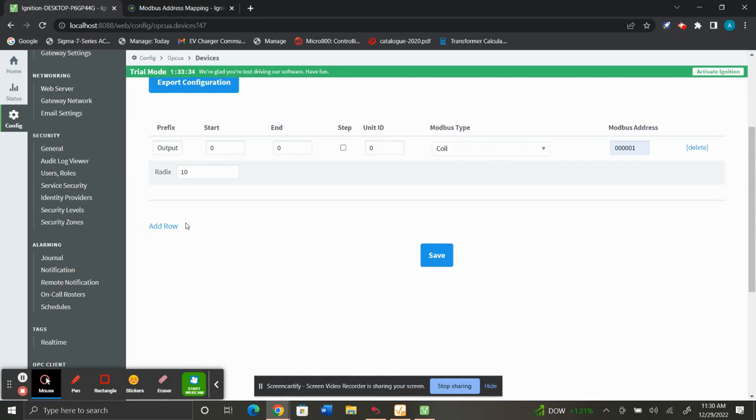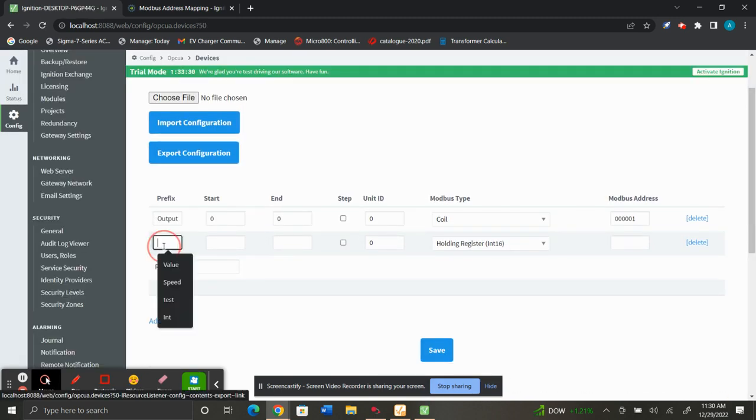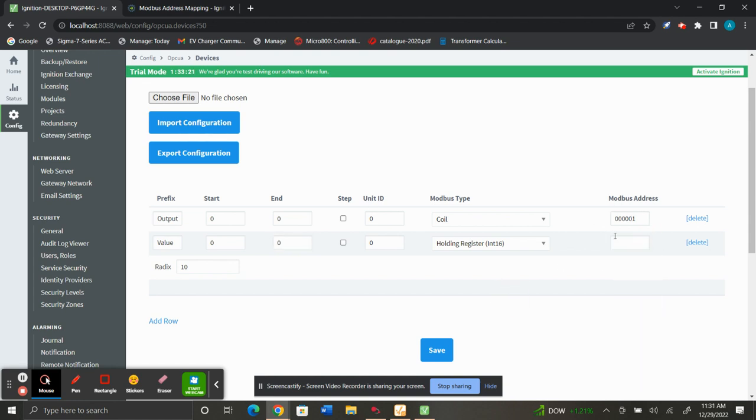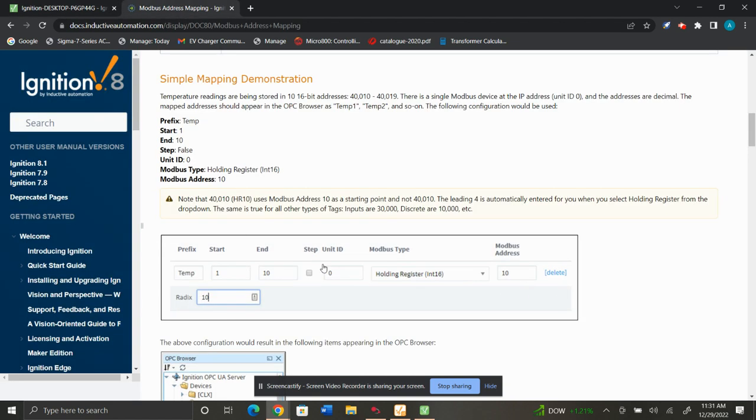Then you go create another one, which is for the integer. Let's give it the same name, value. It's also not an array, it's a holding register. And this is the tricky part. If you give it the same address, it won't work. So if you go here in the